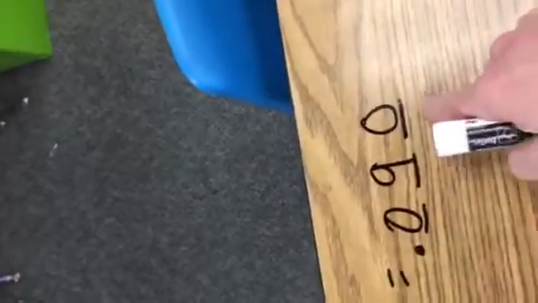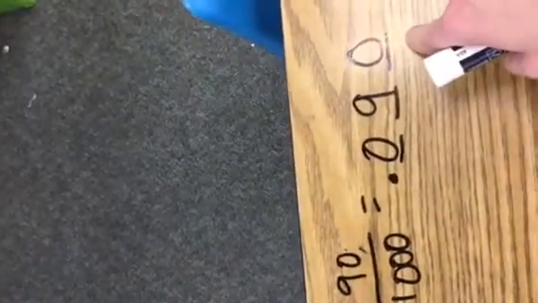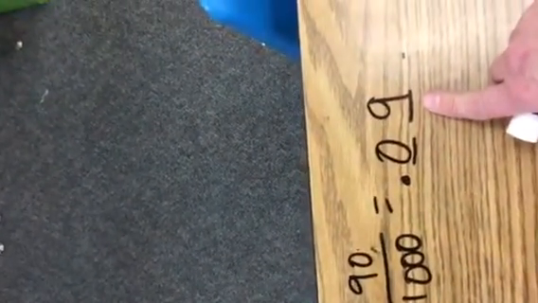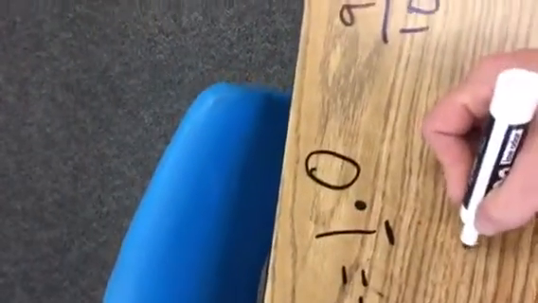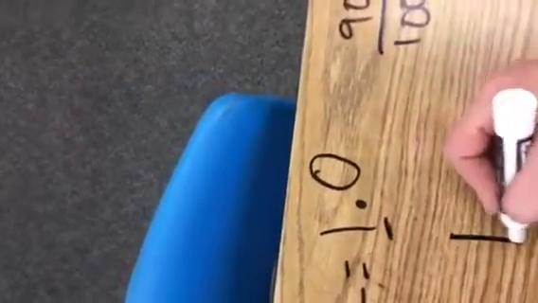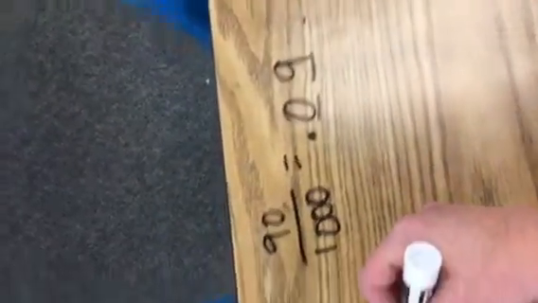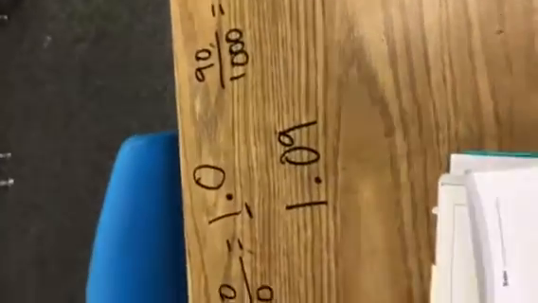Now, do I need to have that 0 there? No. 90 thousandths is the same as 9 hundredths. Okay? So in this case, we would have 9 hundredths. So when I rewrite this fraction, I would take my whole number 1 and add on that decimal point and 9 hundredths. So when I look at